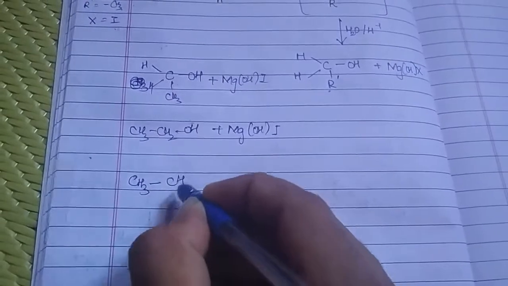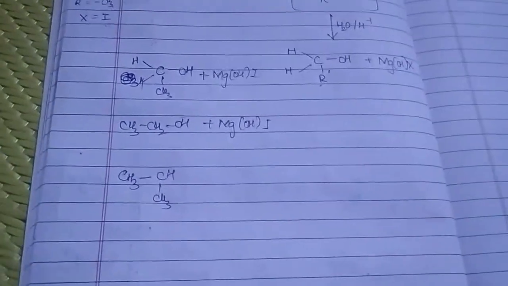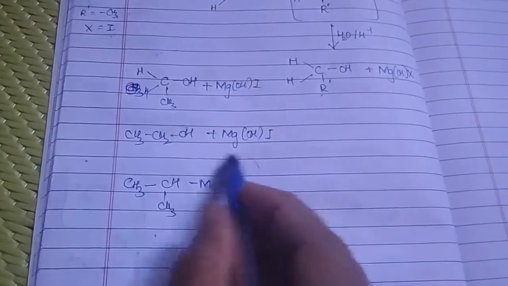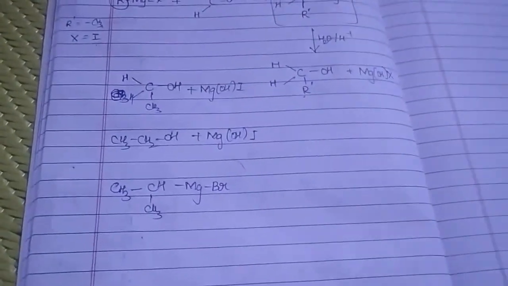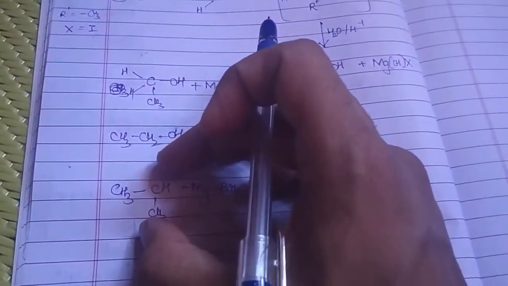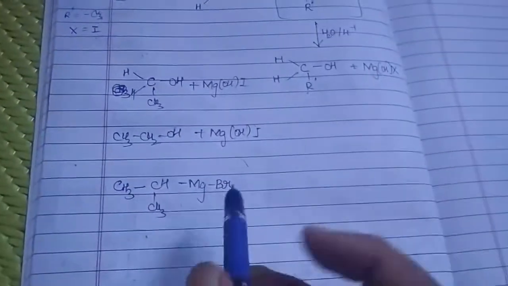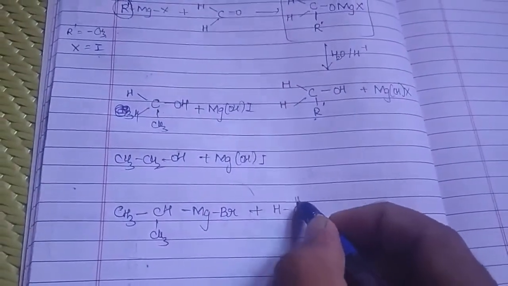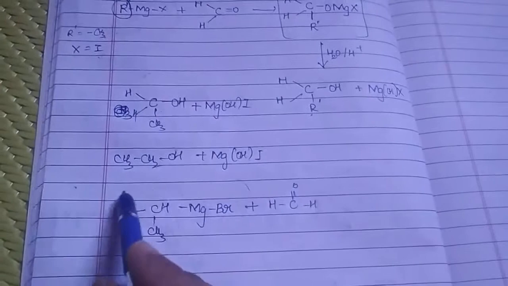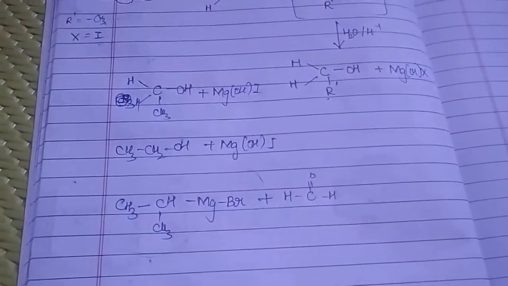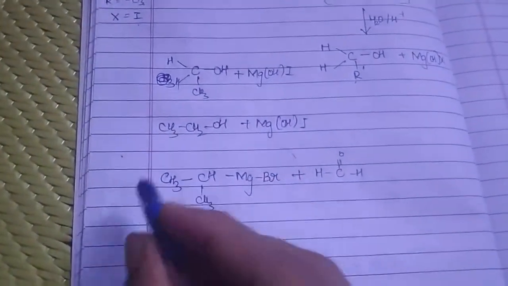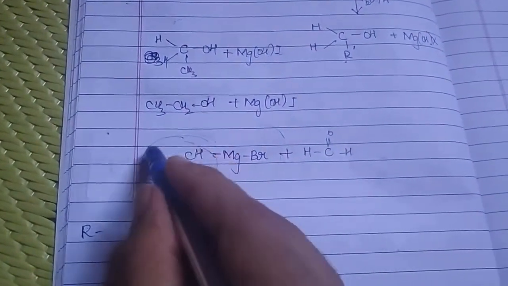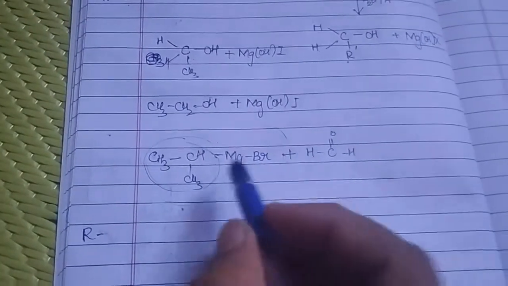CH3, CH, CH3 and an MgBr. Can you see the alkyl magnesium bromide they have given? You have a somewhat bulky alkyl group over here. So now what will you do? This is treated once again with HC double bond OH. If you take it like this itself, for some pupils it would be a difficult task. So let me take this as my R group. Remember, whatever R group you choose, it should be in a proper way.